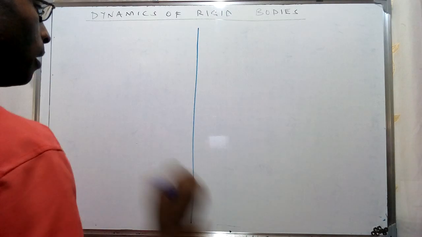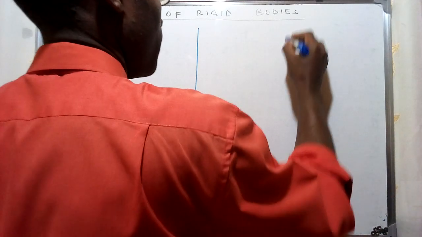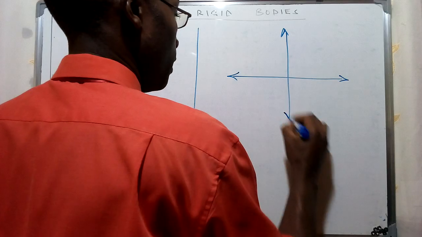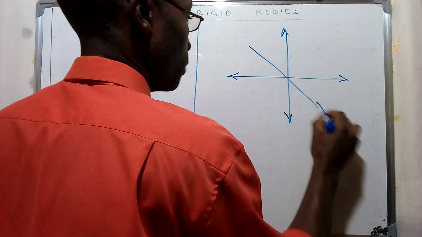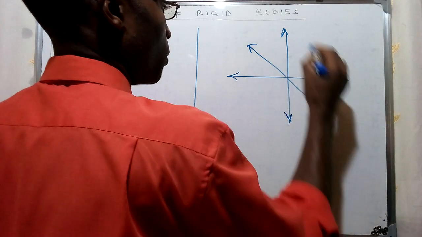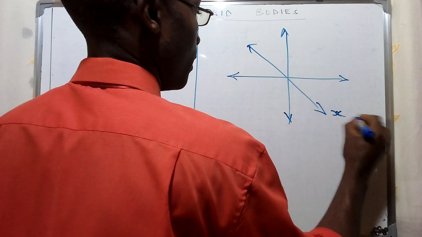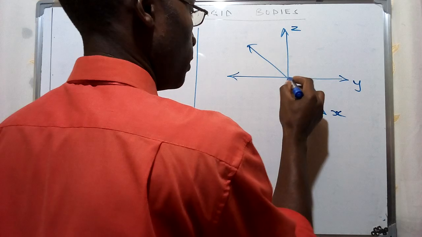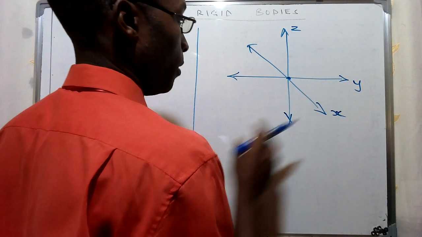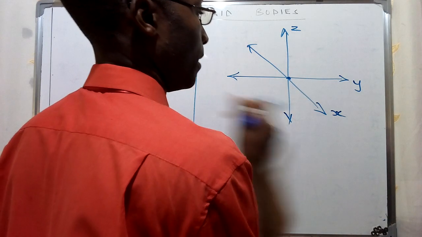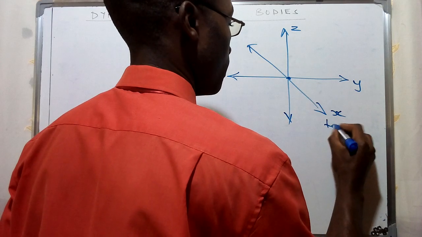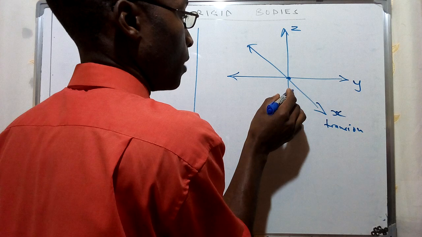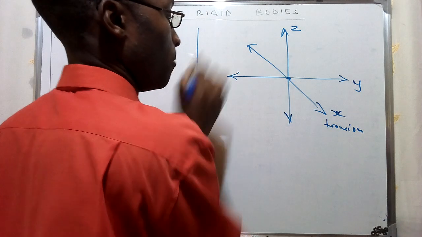So I'm going to use particularly the 3-dimensional Cartesian coordinate system to illustrate this one. So we're going to have the x-axis, the y-axis, and the z-axis. If we consider a particle that is going to translate along these axes, then we're going to have the x translation, which basically implies that a particle can either translate in the positive x or negative x direction